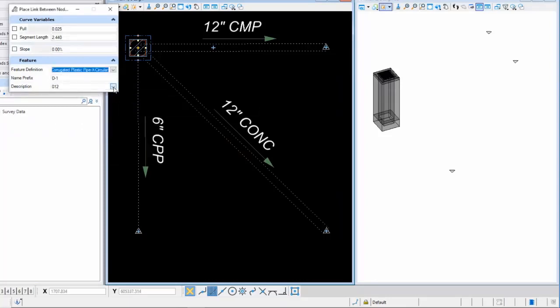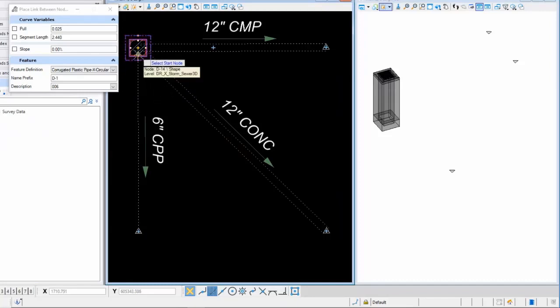And then the description allows us to select the size. And I know this has changed, and I'll let JD explain that. So when I pick the start node, on this particular node, there are 4 connection points. And I think he may have changed that just to be 1 point in the center. I'm not sure. He can answer that as well.